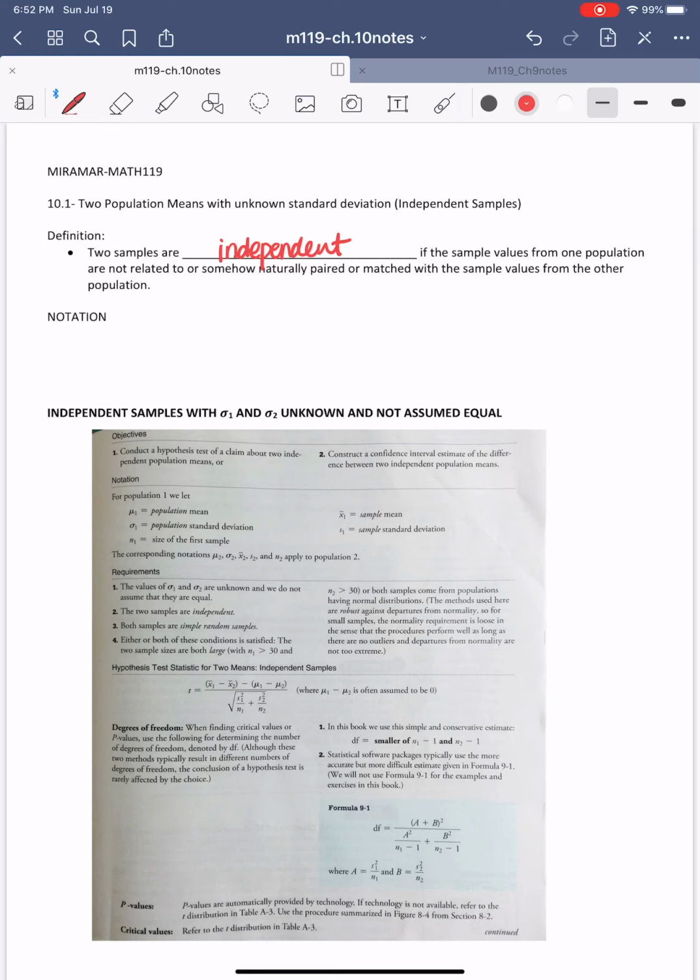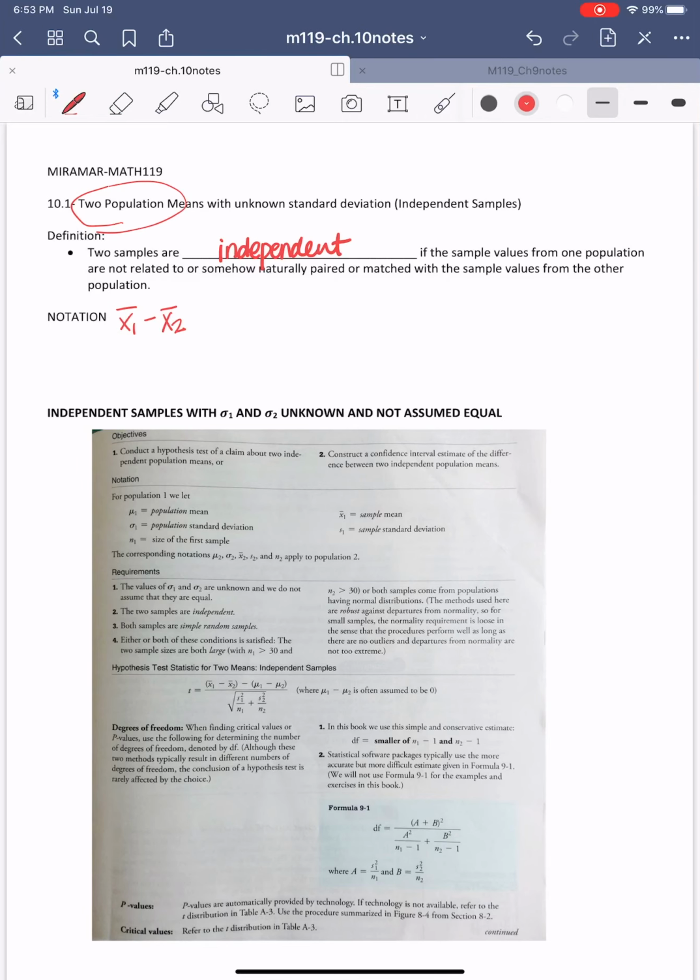The notation. Now in the past, we had like X bar equal to normal distribution, or X bar dealing with T distribution, or something like the proportion dealing with normal. Now, instead of these one variable, since we are dealing with two populations, we are going to have X1, the mean from the first sample, and X2 from the second sample. So the notation, the variable is two variables. Now, let's recall,